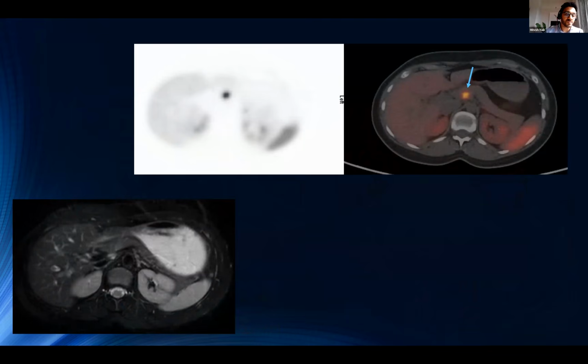Here is an example of a patient who had an MRI scan. I've got one of the images on the bottom left because of concern over hormonal dysfunction. No neuroendocrine tumors were identified. A DOTATATE PET was subsequently performed as part of workup where a pancreatic NET was seen. So this just emphasizes that every modality is sensitive and specific to an extent, but there's no absolute perfect test.